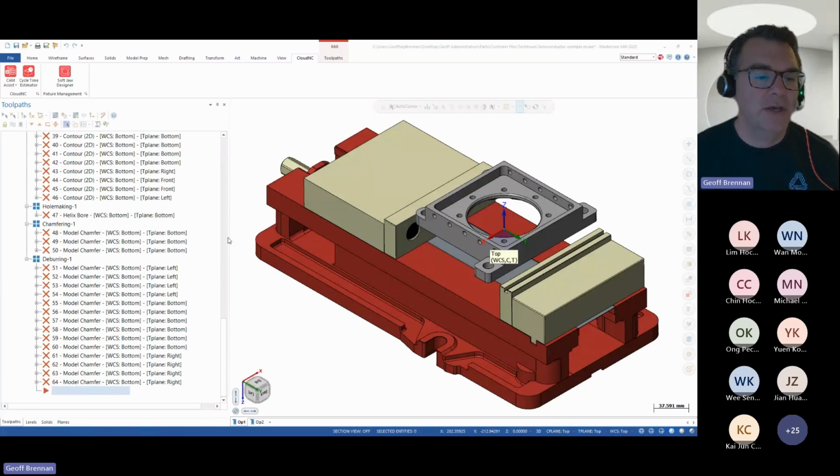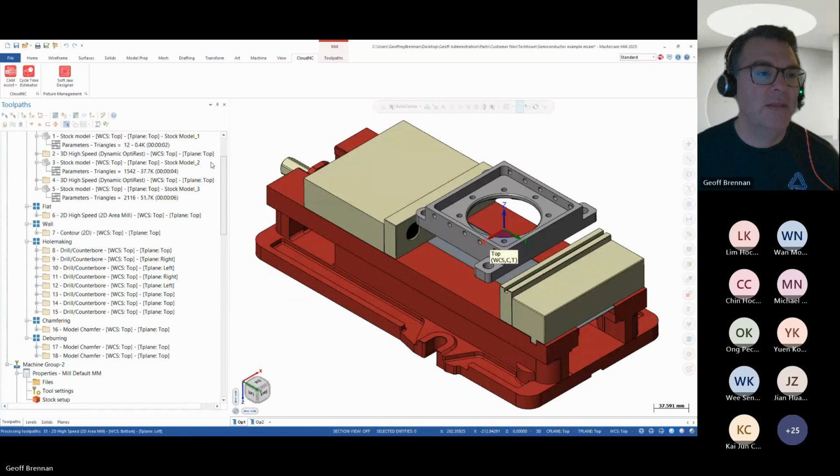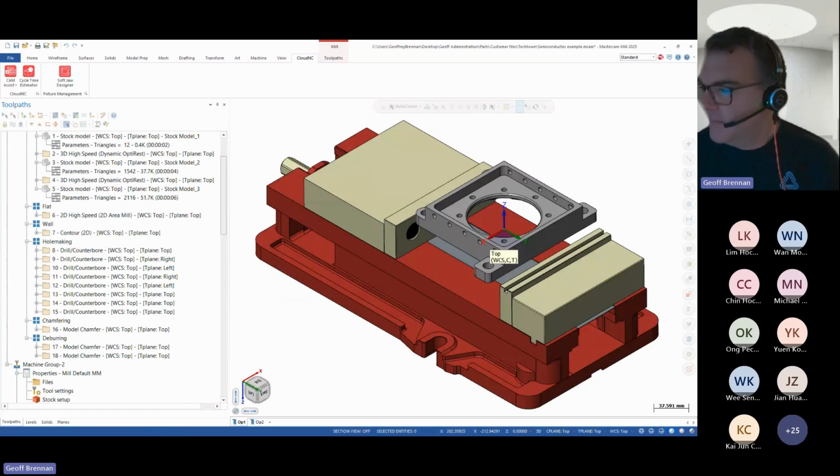I'm going to try to get up to the top here while that's calculating. So I mentioned the cutting parameters. So let me try to get, it lets me click on one of these toolpaths. Not quite, we'll have to wait a bit, but maybe we'll just have a question.